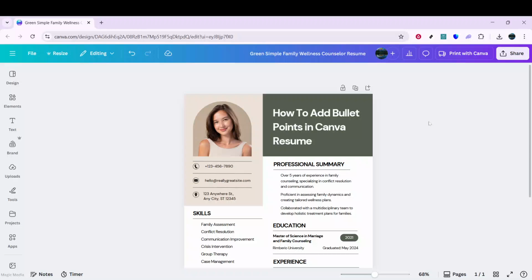In today's video, I'm going to teach you how to add bullet points to your resume in Canva. If you're polishing your resume and want to make your accomplishments easier to scan, bullet points are a simple, powerful way to do it. Let's walk through the exact process, step by step, so you can apply bullets cleanly and